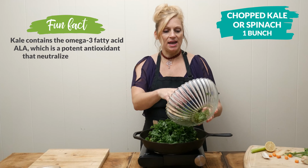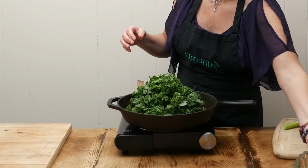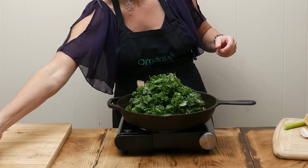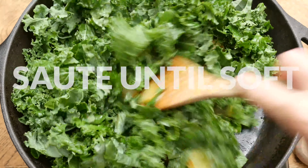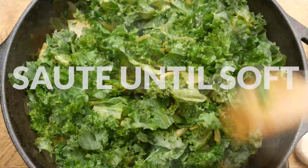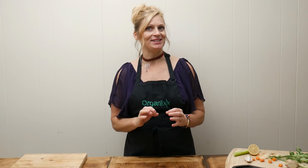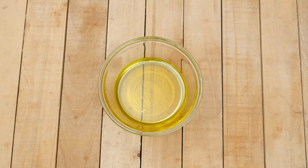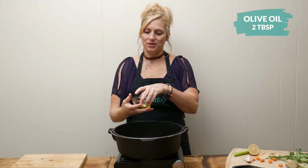You may need to add in a little bit extra olive oil here to do this, or some chicken broth, so I'm going to add in just a little bit more chicken broth. Set aside your greens to cool, and I will let you know what we're going to do with that in just a minute. In a large pot over medium heat, add in the remaining 2 tablespoons of your olive oil